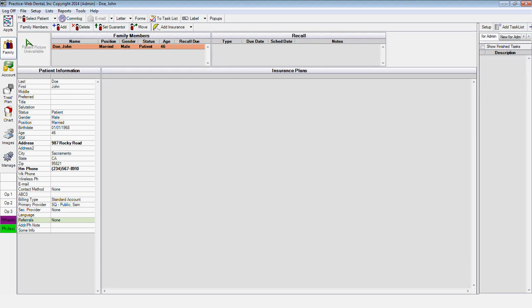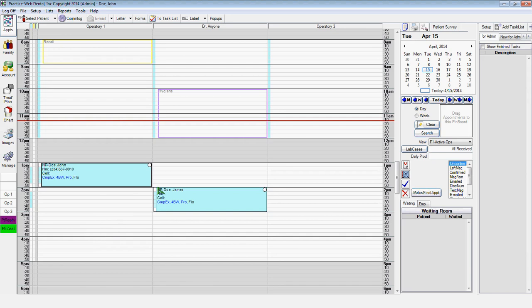Now, as you can see, the data that was entered online is right here in patient information. The web forms truly is the quickest and most efficient way. Now, the second way was the patient kiosk. If for whatever reason your internet is down, you can still use the patient kiosk in order to fill out the registration forms. And the way that works is at the time you make the appointment,